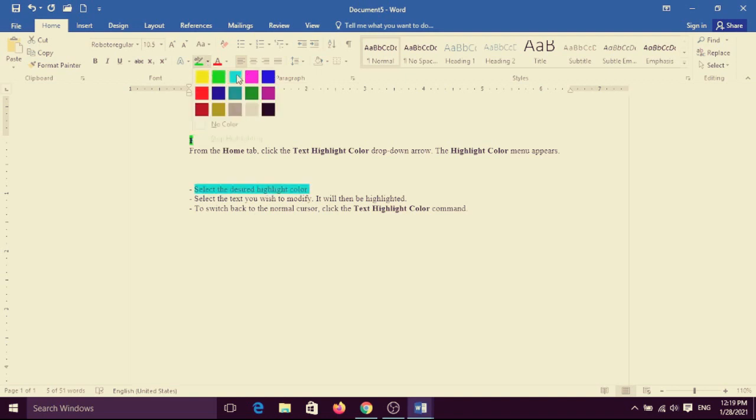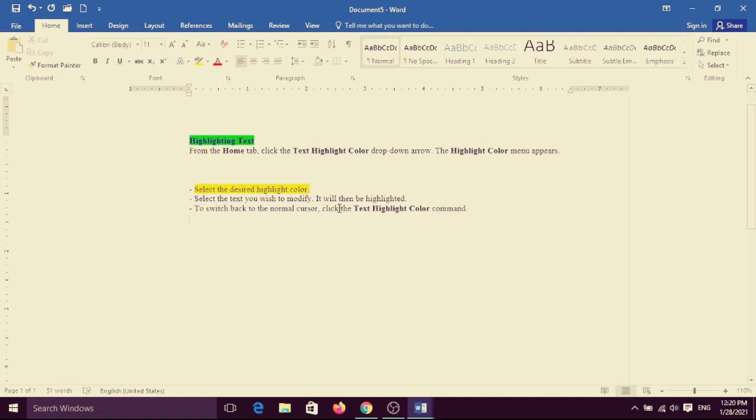Choose the color from here. You can choose any color. Now yellow color is here. Yes, see, the selected text or sentence has been highlighted.